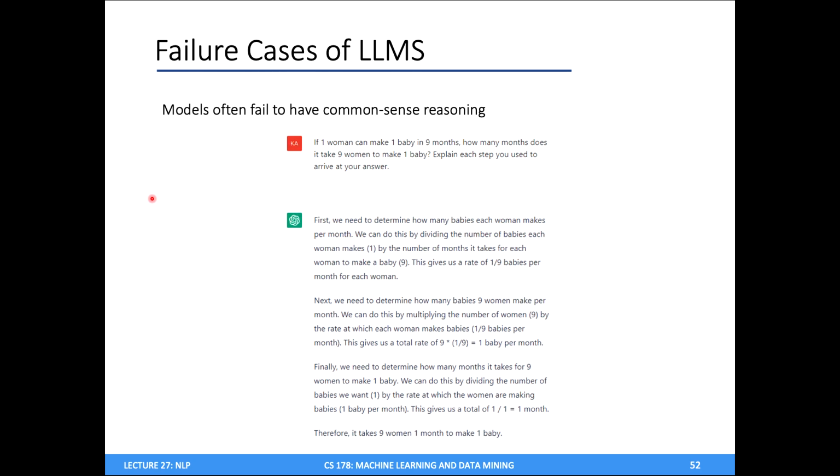They often also fail to have common sense reasoning because, again, they know nothing about the world. So here's a fun example. If one woman can make a baby in 9 months, how many months does it take 9 women to make one baby? Well, it gives a really detailed, reasonable, logical explanation of why it takes 9 women 1 month to make one baby. So clearly, again, these things are